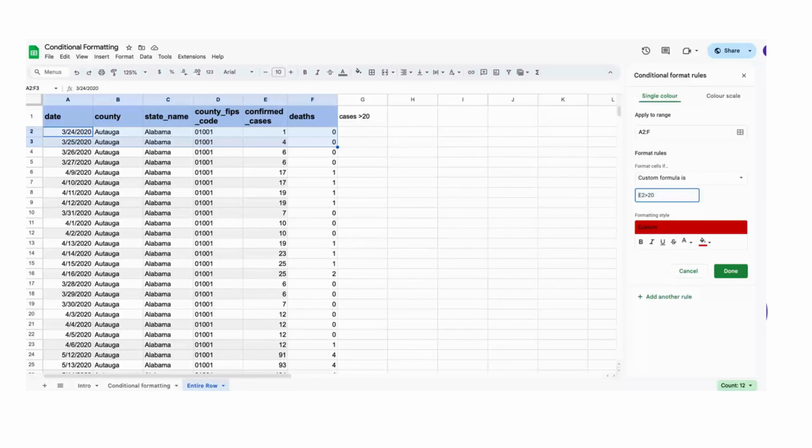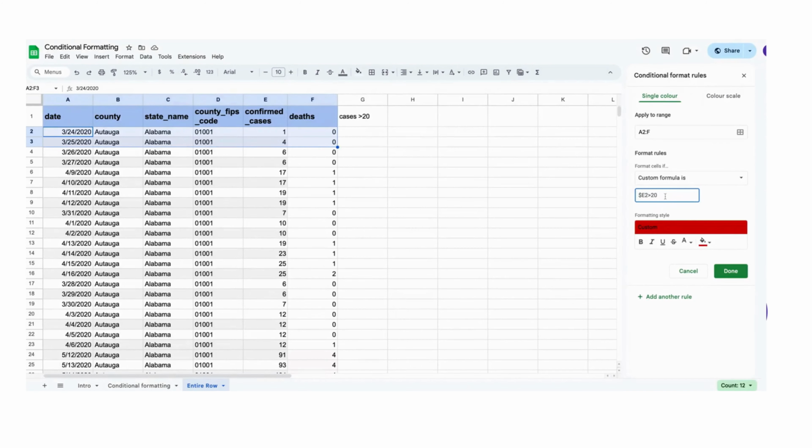So what we need to do is ensure the E in this case is constant. It will not change, because if you leave it open-ended like this, it may go to F2, it may go to D2, it may go to C2, depending. So that is why you have to lock column E. It means it will go to E2, E3 until the end. And to lock, press shift, or you have locked your column. So you are saying column E, starting from row number 2, is greater than 20, highlight